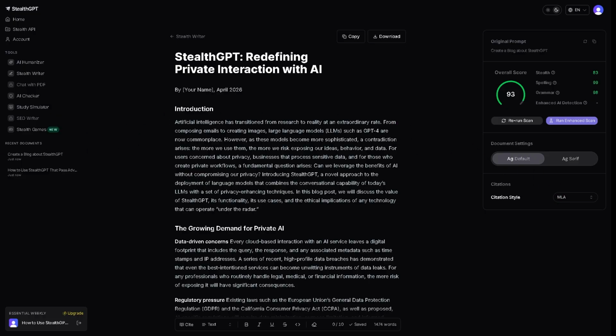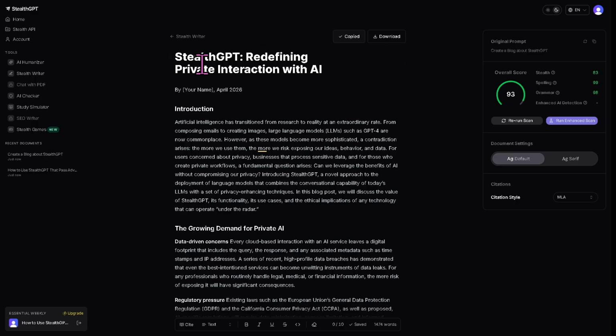One interesting point is the AI enhanced detection score, which is not available in this case. Depending on your needs, you may want to run additional AI detection checks if you're submitting content to platforms with strict policies. Now, you can download this copy if you want, save as docs, or